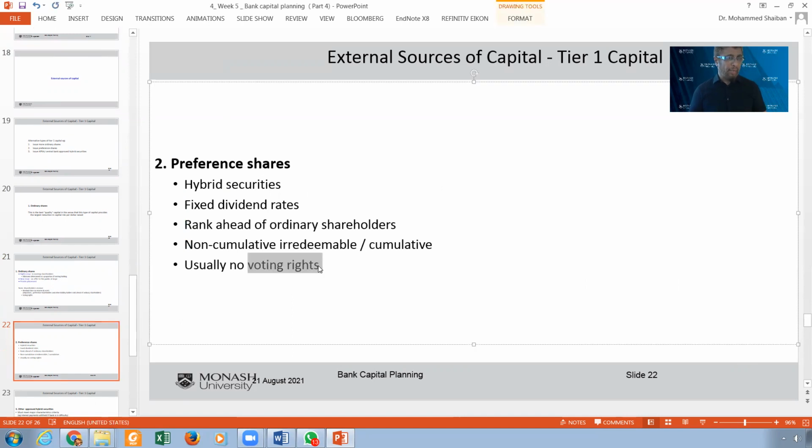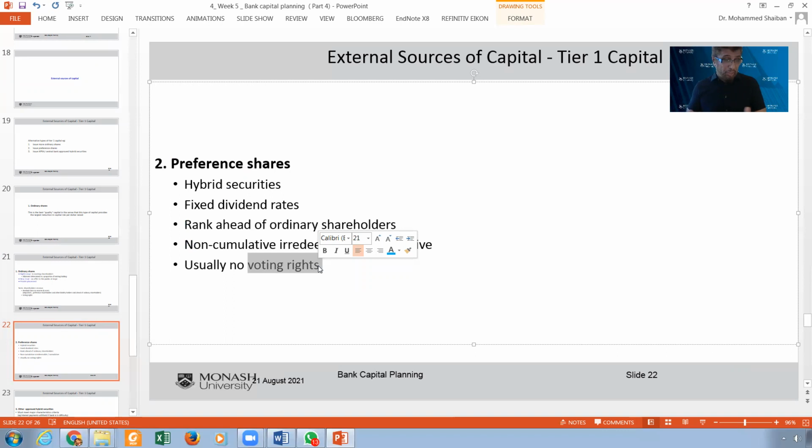And actually, when we liquidate, we will pay everybody and all the debtors first, and then the preference shares, and then the common shares. So they come one step above the common shares. When we say hybrid securities, this is from the perspective of